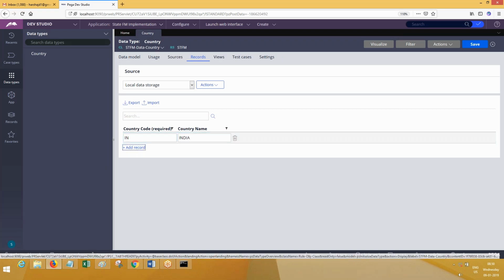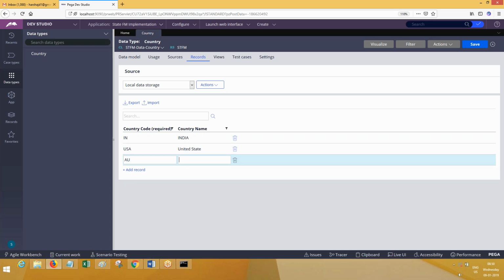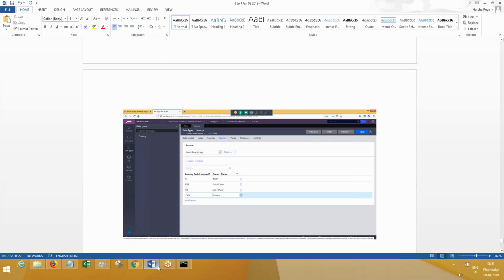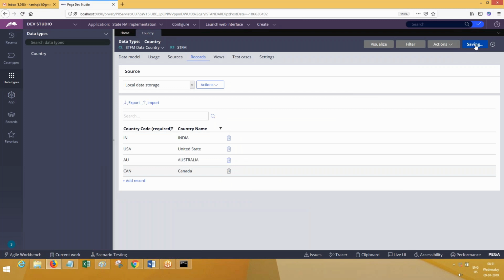India, USA, United States, and what are the other countries that you know? China. Some countries you can add, it's up to you what countries you want to add. Okay, completed. Save this. Now your table is ready.